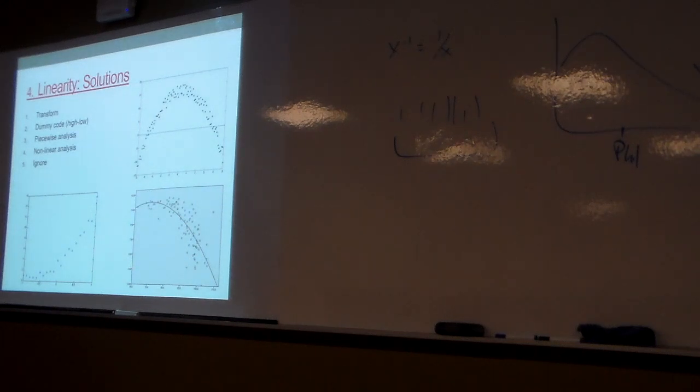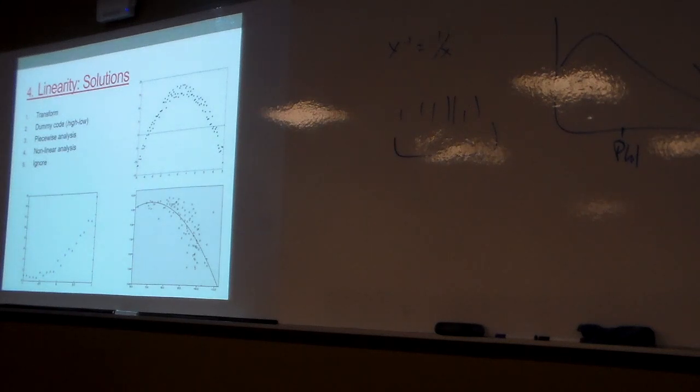So our options: we can transform, and this is probably what we do most often. If you see nonlinearity, some sort of transform. If I take this variable and I square y, that's going to make that almost a perfect linear relation, right? Because that's squared, we're seeing a sort of quadratic here. So if I take the square of y, then that's going to address this issue, right? Then I'm talking about the relation in the square of y. So that's going to take care of it.